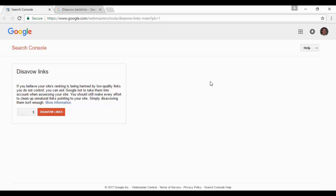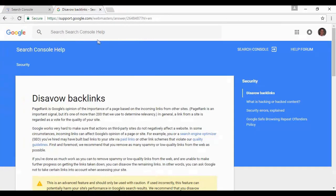If you've been guilty of using these old practices in the past, you might want to consider Google's link disavow tool, which you can find here at google.com/webmasters/tools/disavow-links-main?pli=1. And there is a posting on Google's blog which explains how the tool works and everything, and you can read more about that at support.google.com/webmasters/answer/2648487